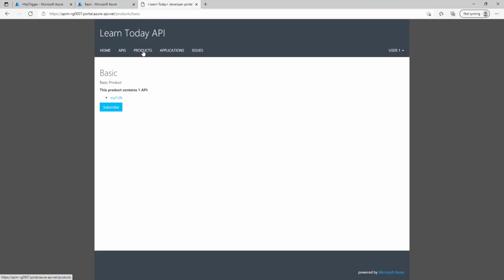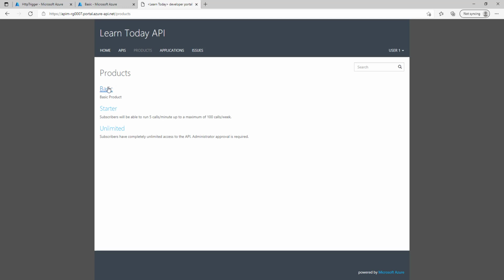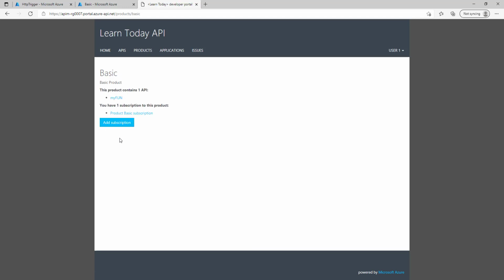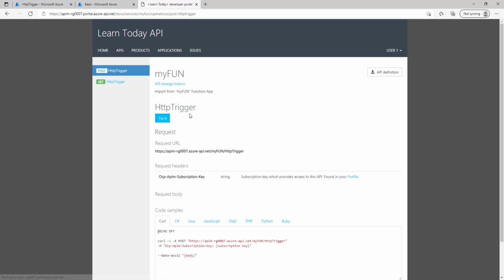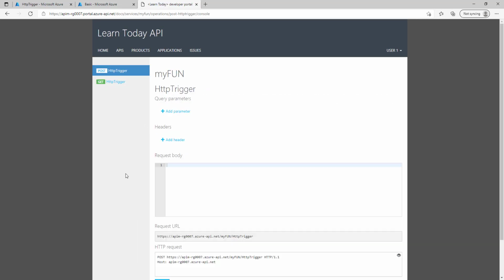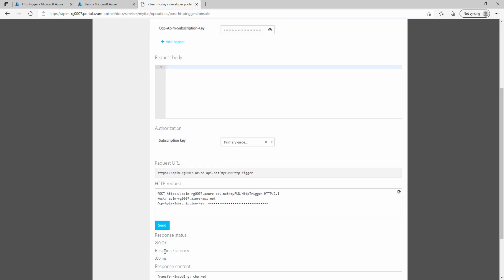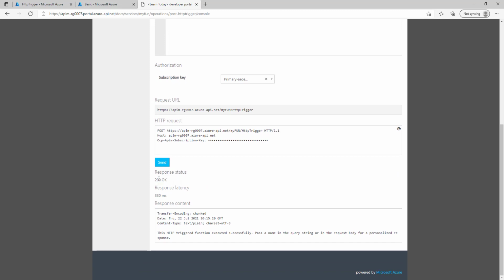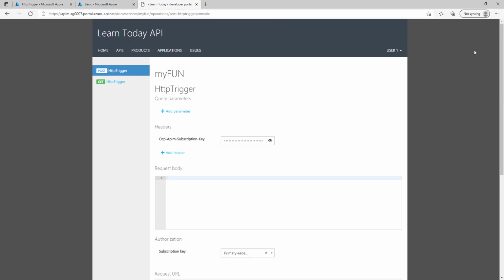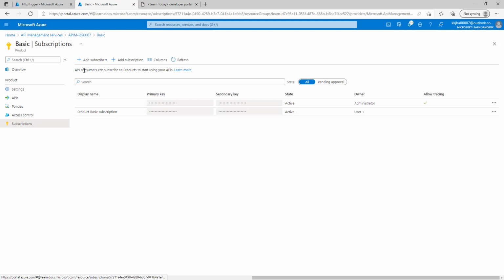Let's go back to the products in the developer portal, click on basic, and you can see we are unable to see the subscribe button here. Now click on the API, click on try it. Now the subscription key is available here and just click on send. We got the 200 success response. Okay, so these are the two ways with the help of which we can add the subscription. Now let's go back to the product again,